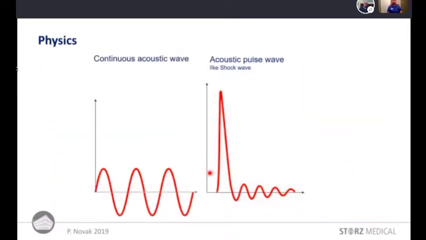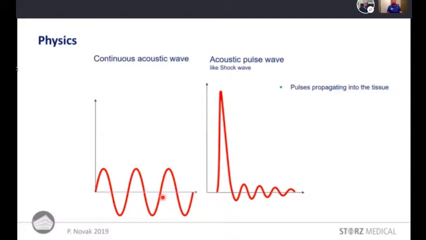Now, here you can see the basics of a regularly oscillating wave, which is an ultrasound. This is a regular pattern with only a single frequency. Compared to it, there are pulses, like here, the acoustic pulses, which are shock waves. Here you see that the signal is asymmetrical. In case of a shock wave, the leading edge of the wave is very steep. And then there is a decay behind that. The repetition of these pulses is much slower compared to the frequency of ultrasound.